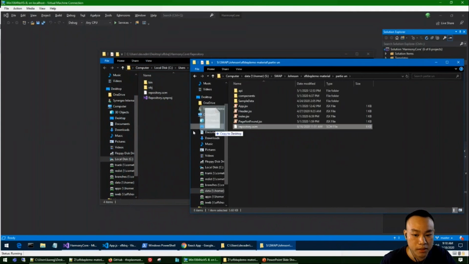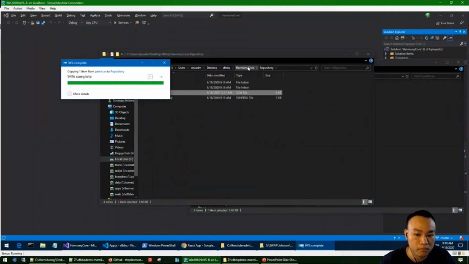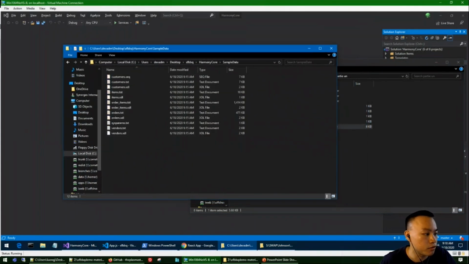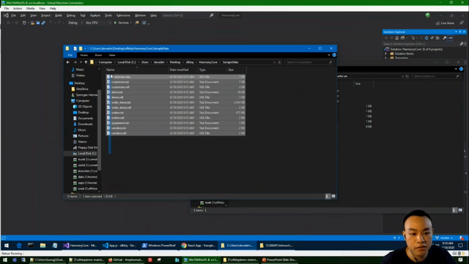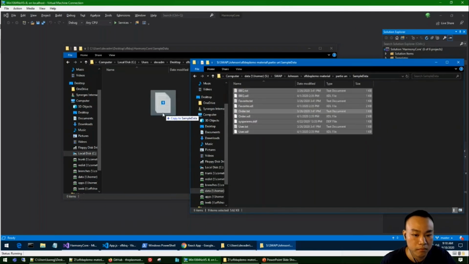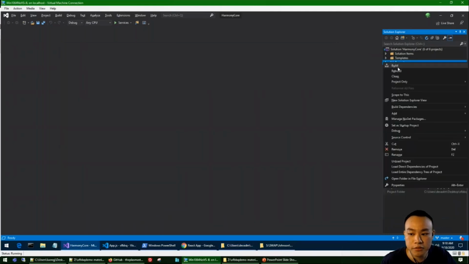I'm going to replace the repository file, and then inside sample data, I'm going to replace all these files. Okay, I'm just going to build a repository.